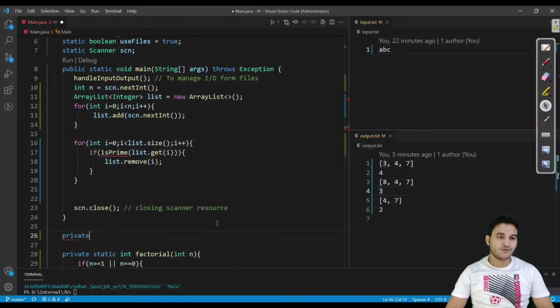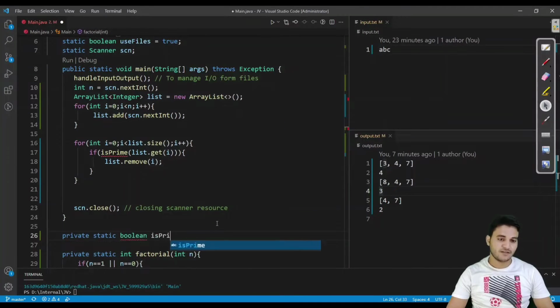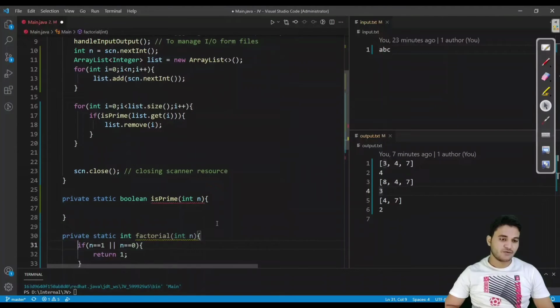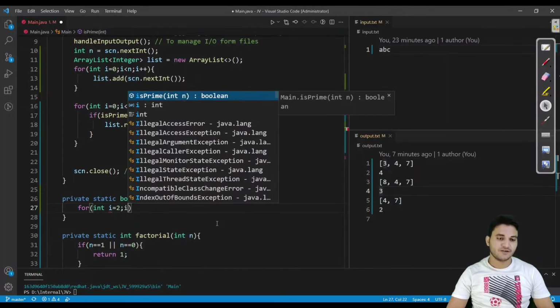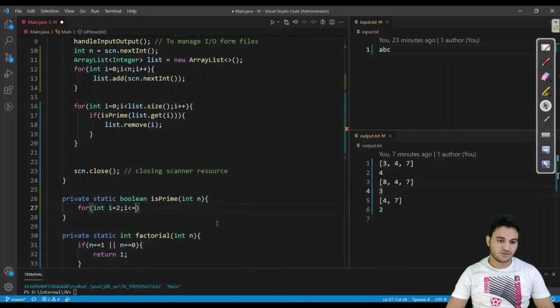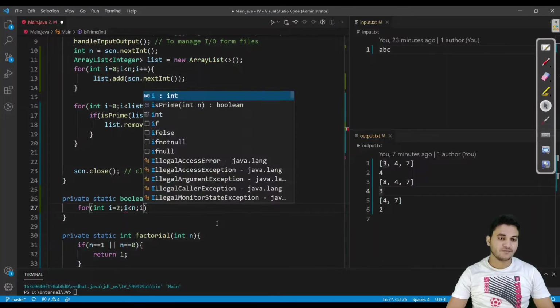And if you don't know how to calculate prime, then you should watch my initial videos of the DSA series. In that I have made, I think, three videos on prime numbers, so you should watch those. So the return type would be boolean, and the name is prime, and we'll take a number into that. I'm going to write a brute force solution for prime. We'll start from i equal to 2, go till n and check.